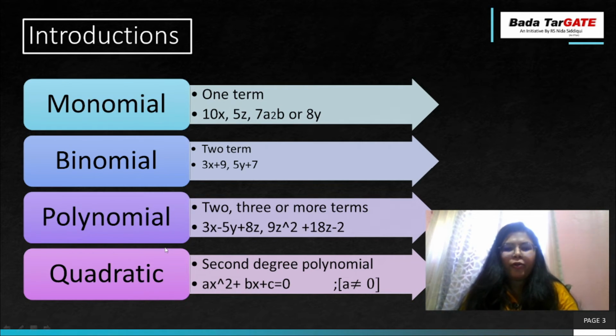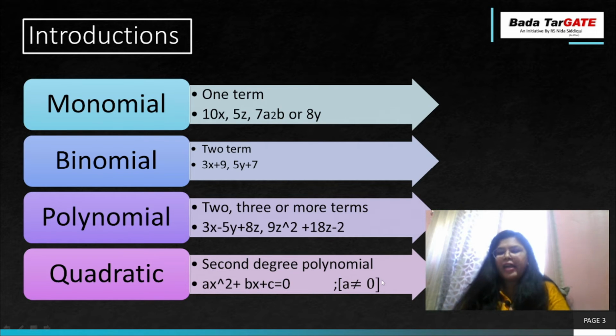Now comes the quadratic one. It is a special type of polynomial equation, which is of the second degree. The standard form of this equation is ax square plus bx plus c, where a can't be 0. It is a very important point. For a quadratic equation, a can't be 0. If I make a 0, the x square term will be eliminated. We have only bx plus c, that makes it a linear form. It won't be a quadratic one.